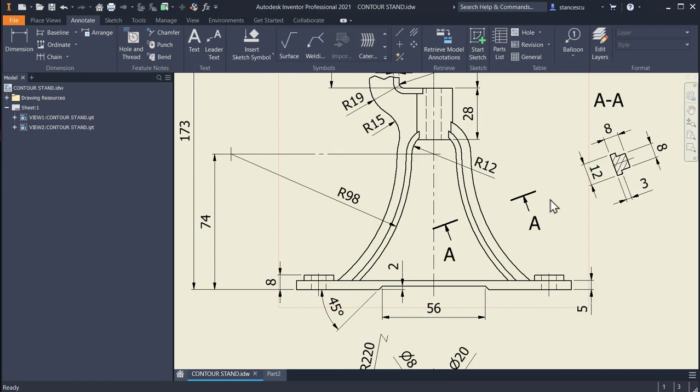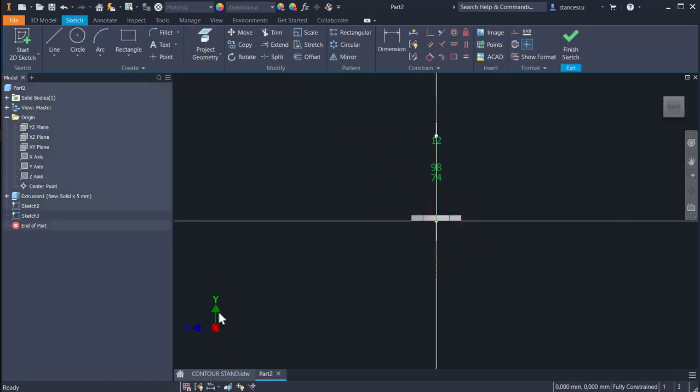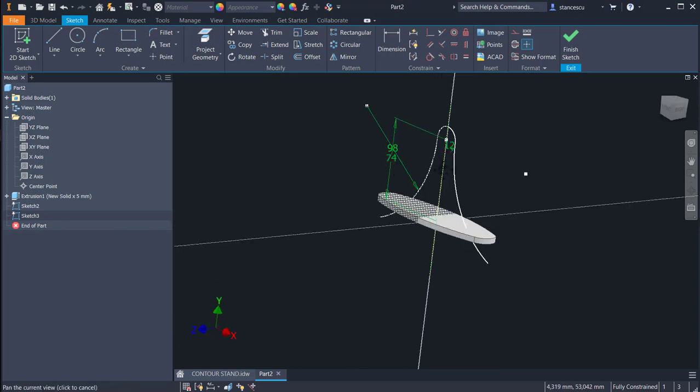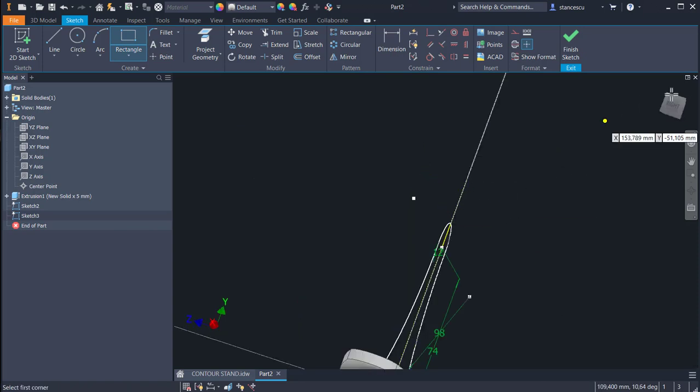Next is to create this section 12, 8, 8, on the top of the steering curve. The plane is this unbearable plane with the horizontal placed on vertical. This is why I call it unbearable. I project this arc to have a point here, yes, and I draw that